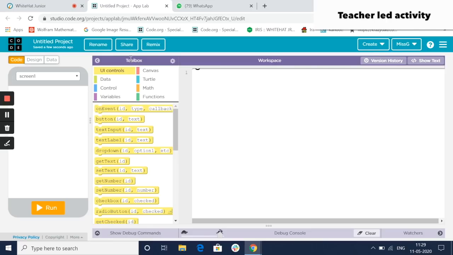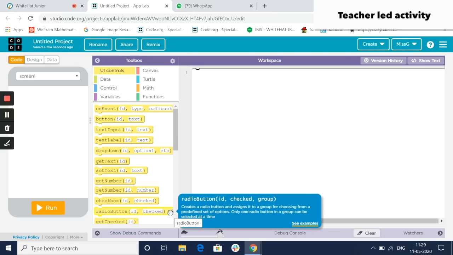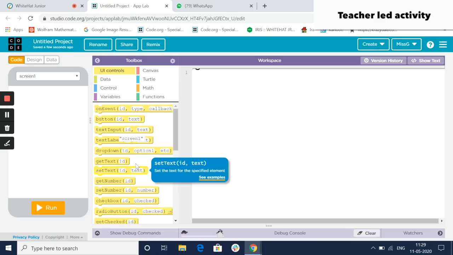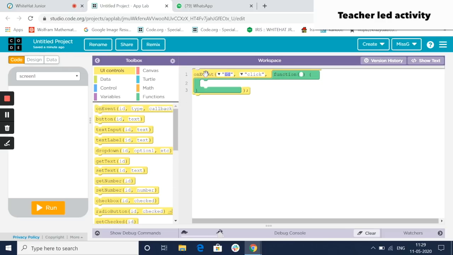Here in the toolbox are all the commands and the code blocks that you will be needing. From here, you drag and drop into the workspace. Okay? And every code that you write here will then run here on the screen like a mobile.